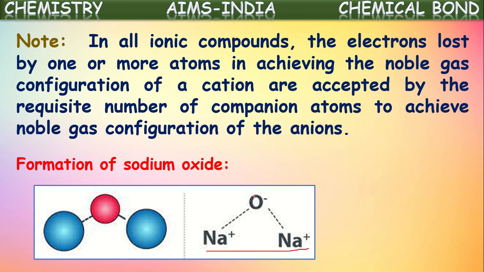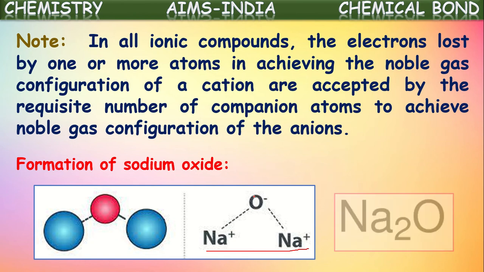In this way, the electrons lost by both sodium atoms will be accepted by one oxygen atom, and hence they form three charged ions. Two positively charged ions are formed by the sodium atoms, and one negative ion, one anion, is formed by the oxygen atom. Between these three, attraction occurs, and hence ionic bonds are formed between them. Now we can say the ionic compound sodium oxide is formed. Got it? This is about ionic bond formation.